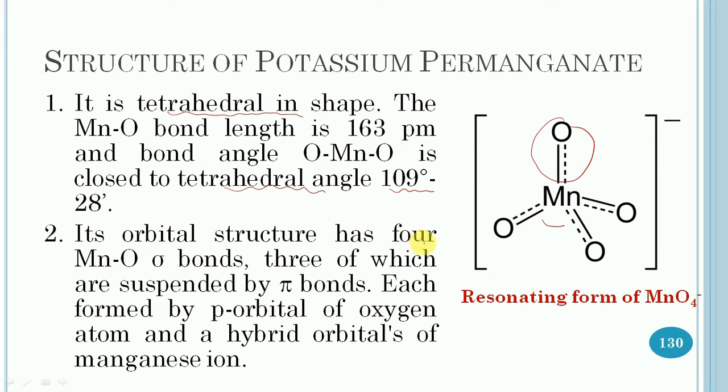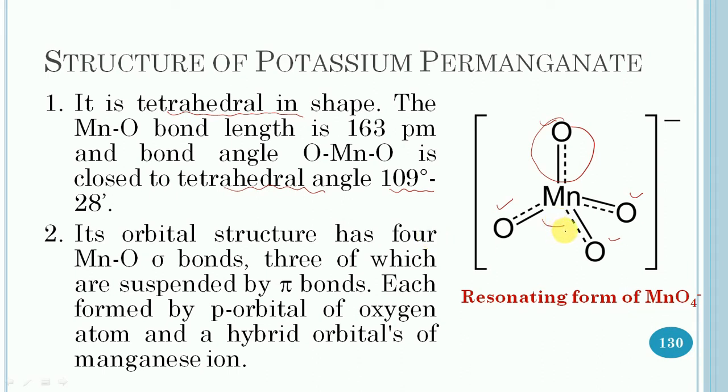Its orbital structure has 4 manganese-oxygen sigma bonds, 3 of which are supplemented by pi bonds, each formed by a p orbital of an oxygen atom and a hybrid orbital of the manganese ion. So this is the